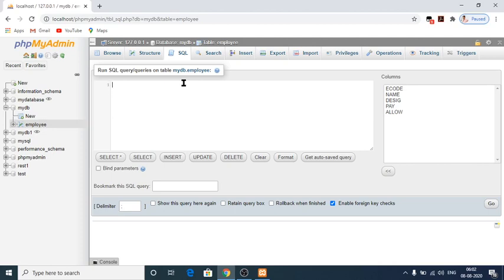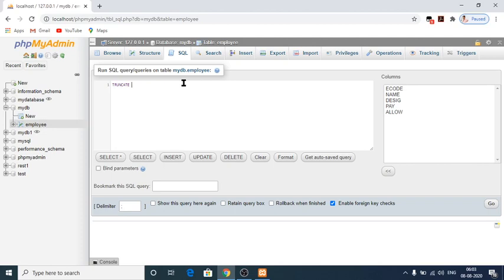If you are using truncate to delete the entire contents of the table, the schema will be there, which means the structure will be there. But if you are using drop, the entire space that was occupied by the table is removed from the database.